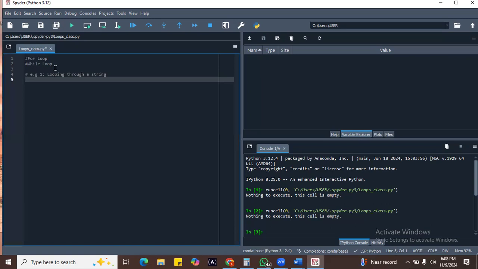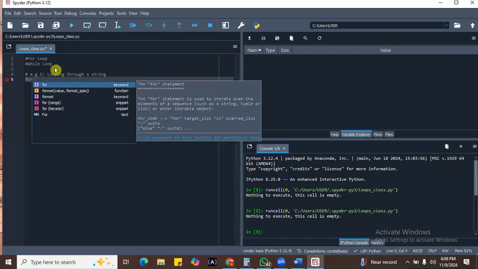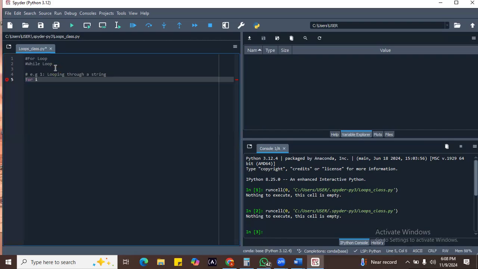Let's work on this example and see. We'll say for i in, and since we want to loop through a string, we'll use the name Adeyemi. For i in Adeyemi, print